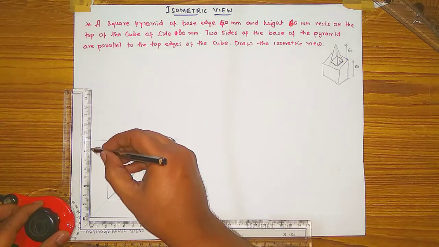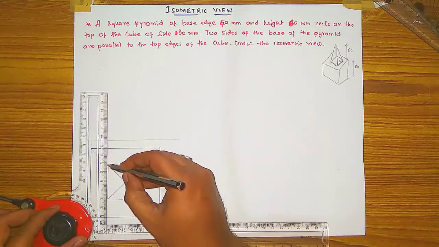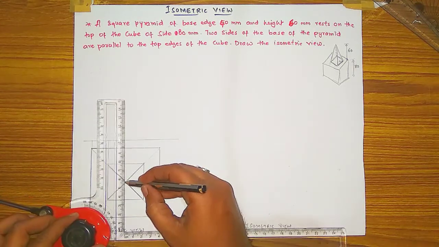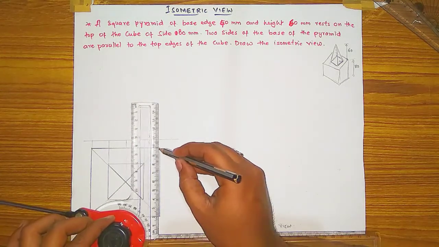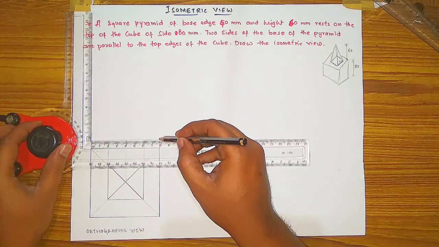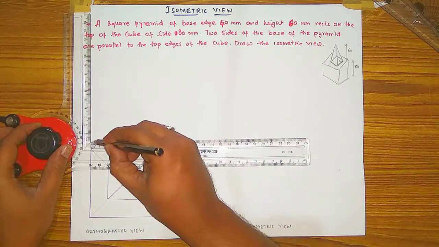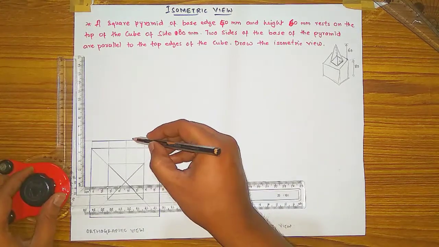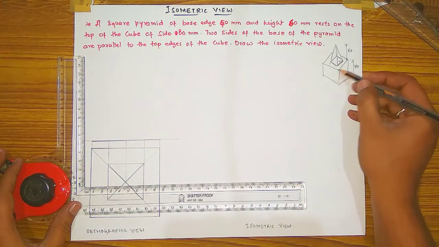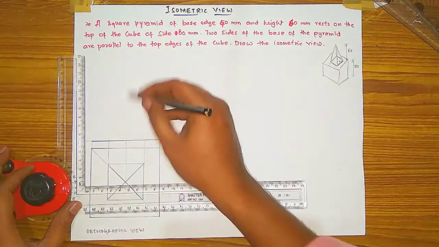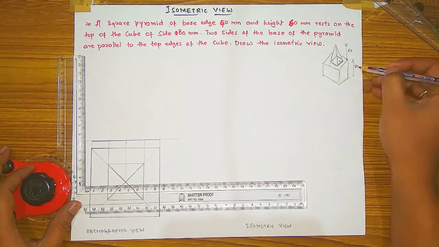figure, and then you have to take the projection lines from each end of this figure like this. From the center also you have to take, and from there and there. The remaining lines you are getting, you have to dark them. Okay, this is the base of this cube. Then from here you have to draw this cube. The height is how much? Sorry, its cube height is 80 mm.